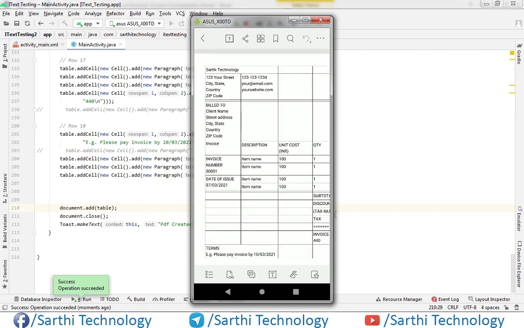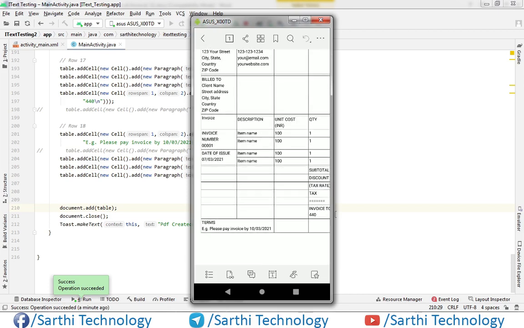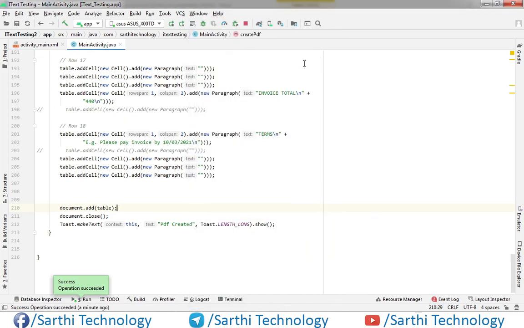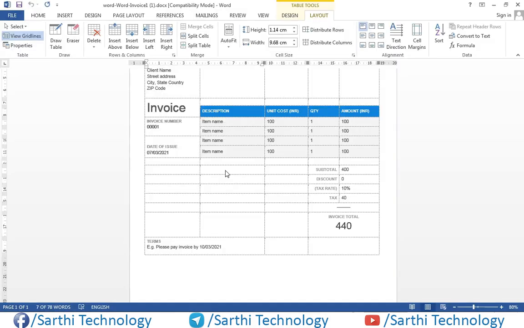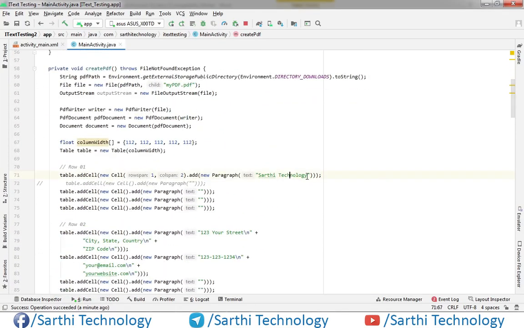Here you can see our PDF looks like this, and what we need to do is format it. So let's start with the first cell. In the first cell we need to change the font size and some other decoration. Here, dot set font size, and for example we will put 20.